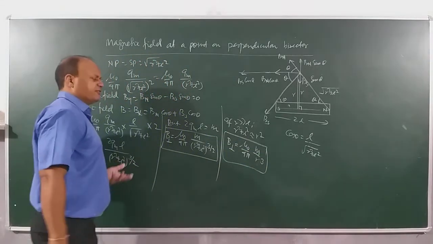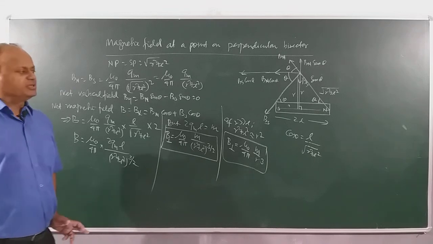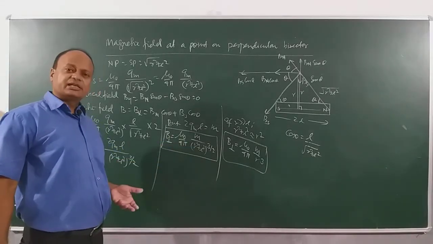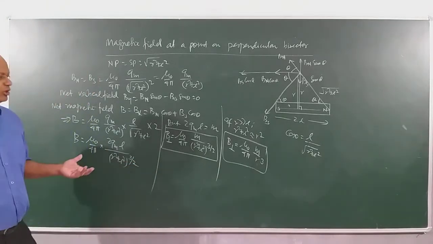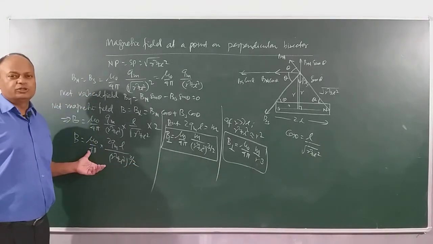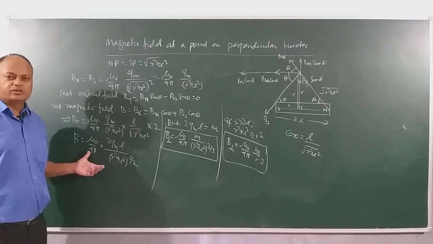Clear? So these derivations are more or less like we have seen in the case of the electric dipole. The only difference being that here the two poles are not separable. Okay. So go through these derivations, children. In this video we are going to discuss only this much. Okay.